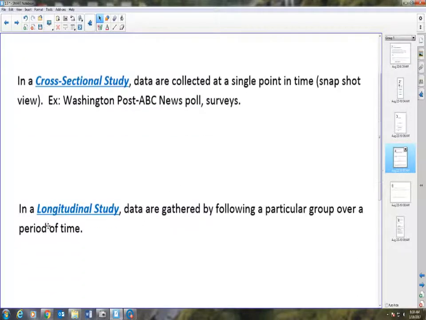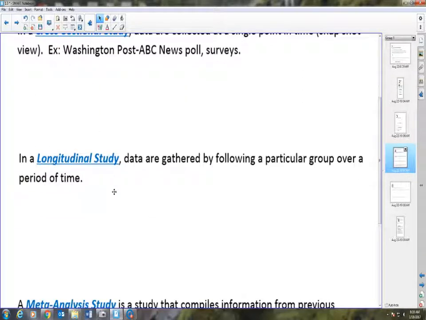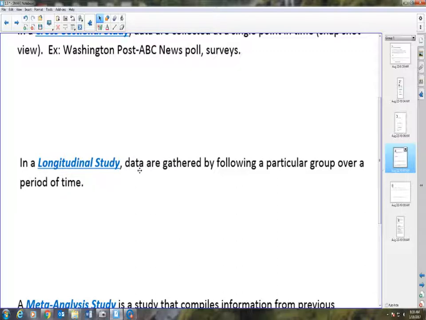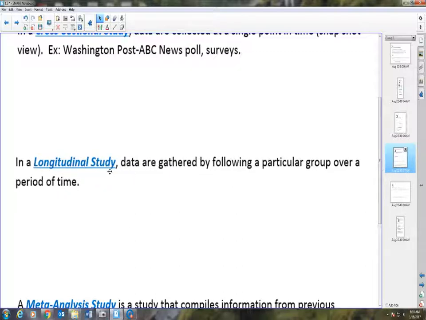In a longitudinal study, the data are gathered by following a particular group over a period of time. So that means we select a group of people that we sample, and then we continuously ask them whatever question that we are trying to gather. So this data are being tracked. The perfect example will be